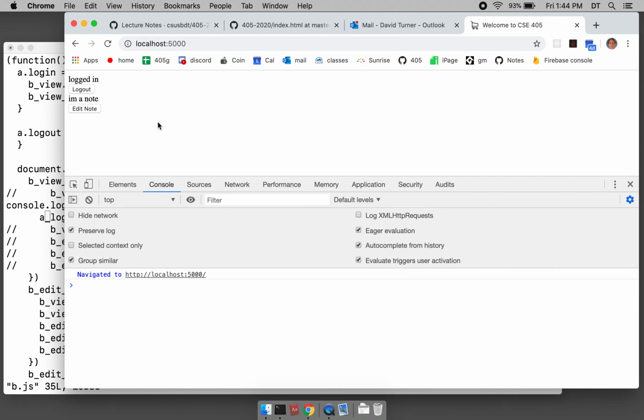Should work. So I'll reload again. When I click edit node, it should simply disable the logout button. But the logout button is still there. It is not disabled. So I think the problem is,